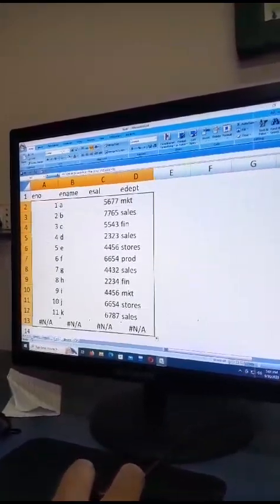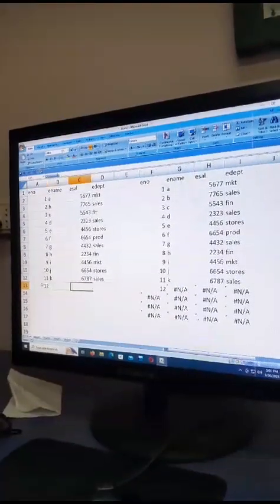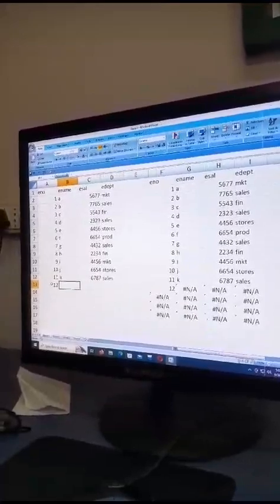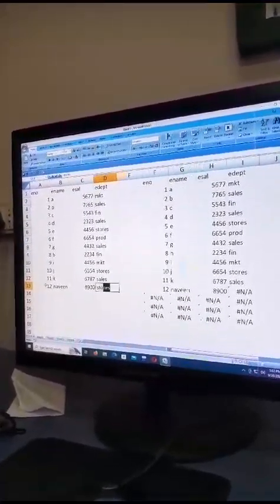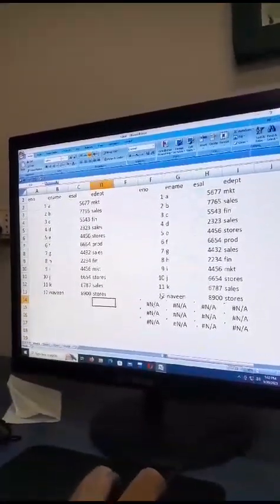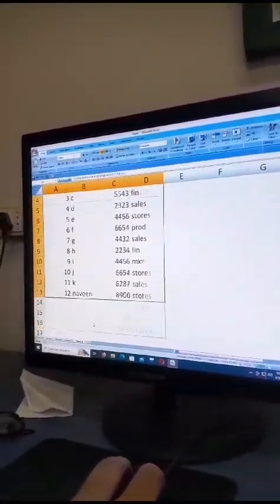Now observe here. Whatever changes I make in one table of one sheet will reflect in all the tables of the other sheet. Now suppose I give a name, I'll say Naveen. Now some salary. Then I'll say stores. Now observe here. Whatever changes I make, the same data is reflected in the second table also. Again the same data is reflected in the one more sheet which I linked.